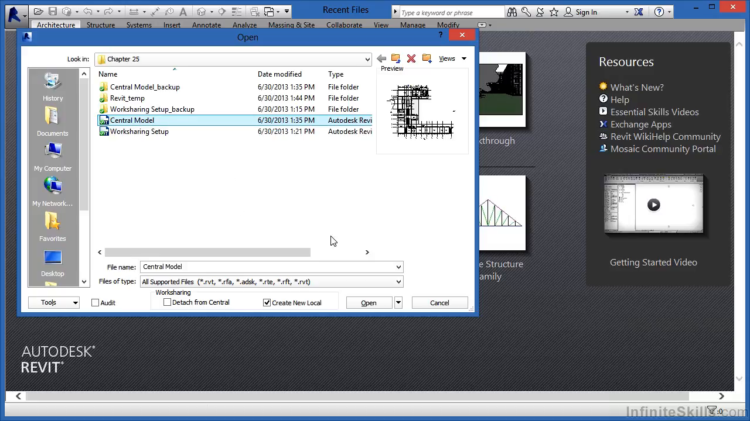With this highlighted, verify that Create New Local has a check mark. By default, it should. In fact, it almost always has a check mark in it. But if it's ever cleared out, that means at that point, you'd be working in the central model if you should click Open. And you do not want to do that. So click a check mark there, make sure that Create New Local is available, and then select on the word